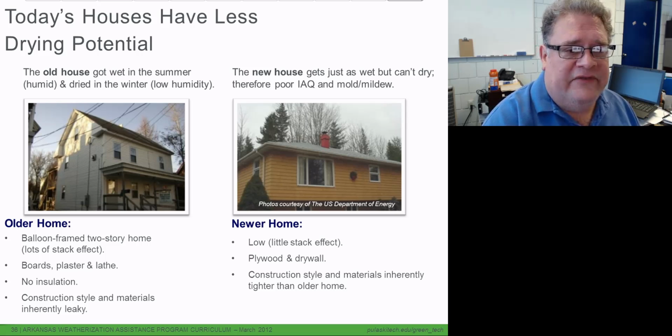Then we got into the 50s, 60s, and 70s. We started building ranch homes, these lower one-story. So the stack effect is not nearly as strong, and that means that the drying effect is not going to be nearly as strong. We're building with plywood and drywall. Now the drywall is no more water or no less water loving than the plaster, but the plywood is. The plywood tends to be a little less water loving than just